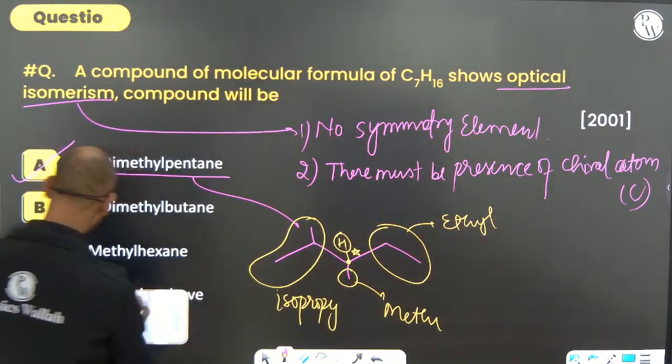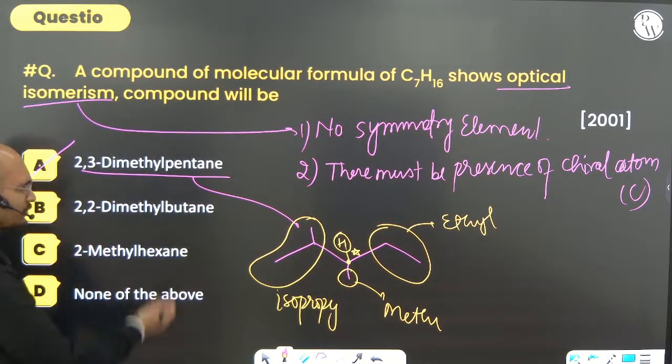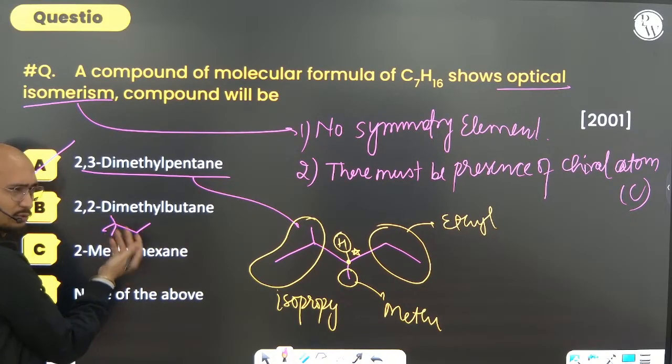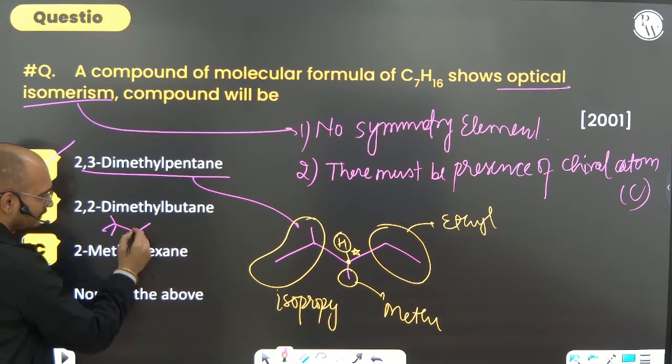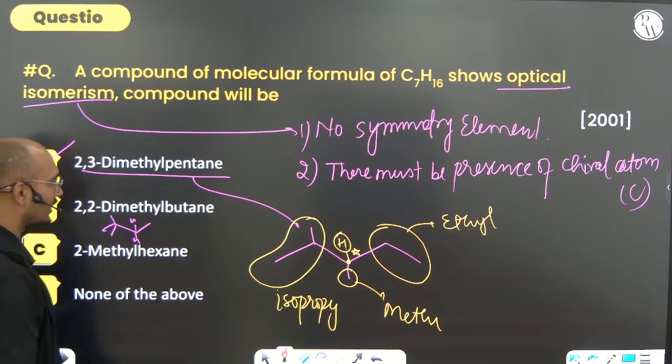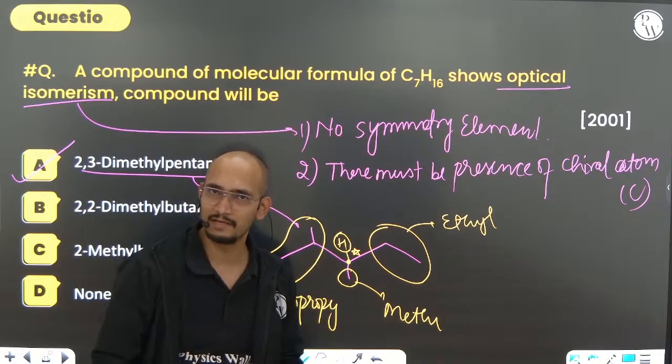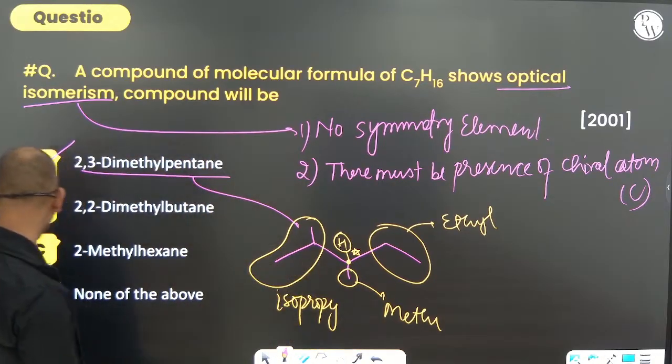Chalo. Next. 2,2-dimethyl butane. You can just check all of them. There will be no issue. Can you see that it is not possible, because here also it is hydrogen. Here also it is hydrogen. Chiral carbons are those carbons where all the atoms or all the groups are different. That is called chiral carbon. That's why I have just shown you this.